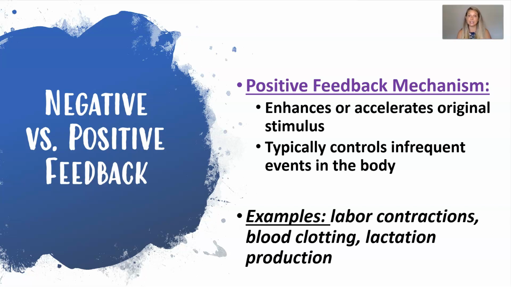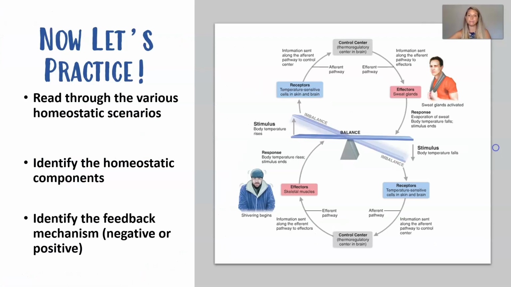Blood clotting is an example. So when you have your platelets attached to the vessel, they actually signal for more platelets, more and more platelets. So blood clotting is an example of a positive feedback loop. Lactation, when the baby nurses, that signals to the body to make more milk, okay? So more of the original stimulus, that's a positive feedback loop.